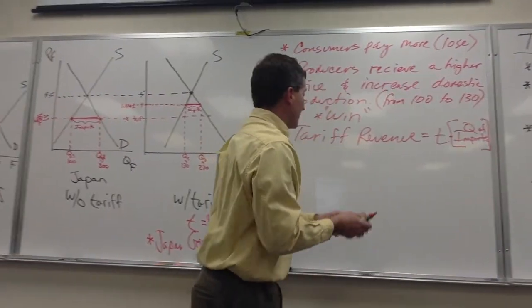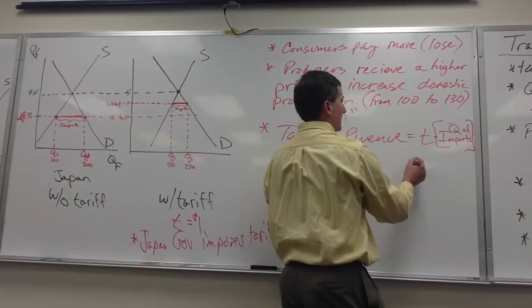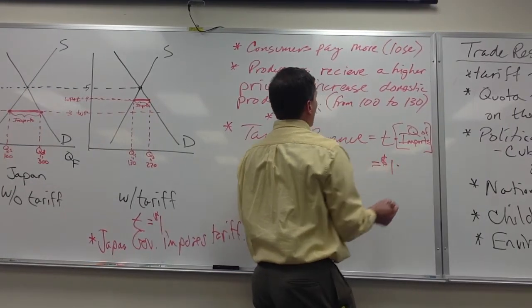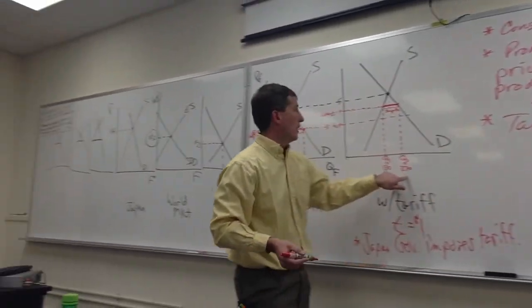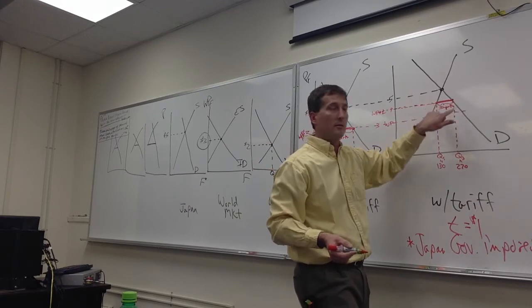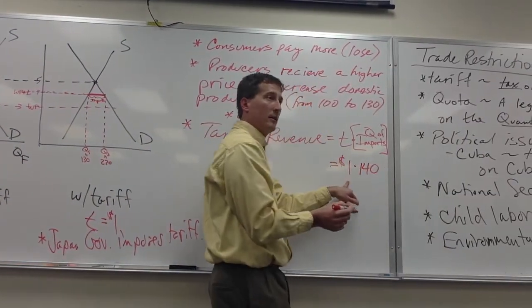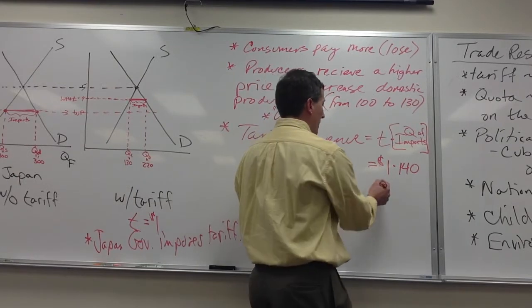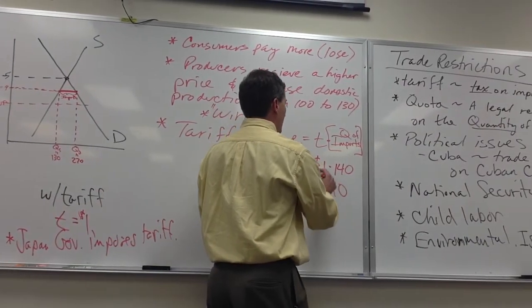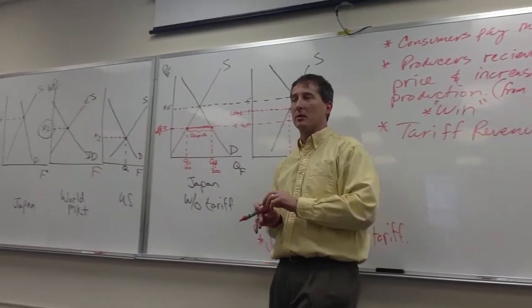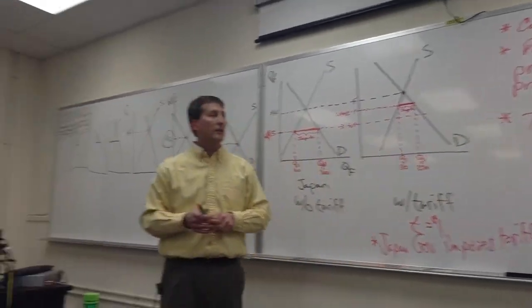So using my numbers, the government's collecting $140. Imports fell to 140. Government collects $1 on every one, so there's $140 worth of government revenue that then the